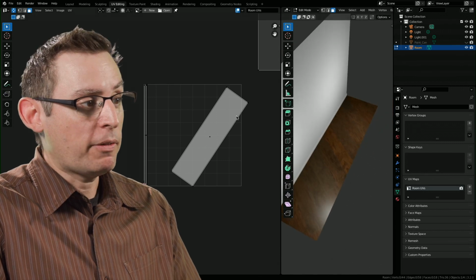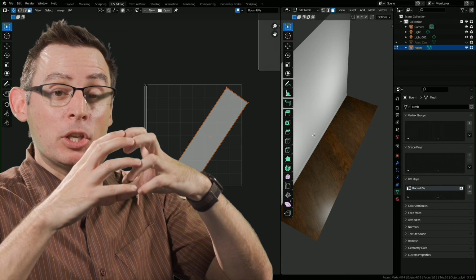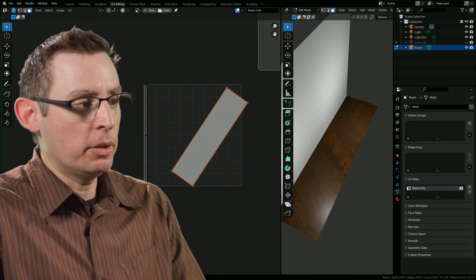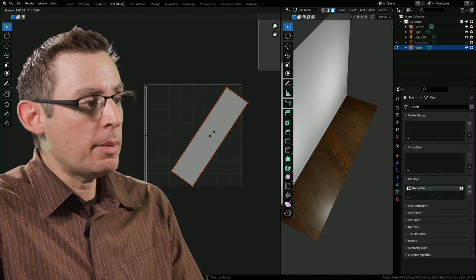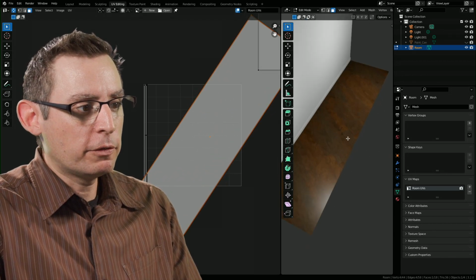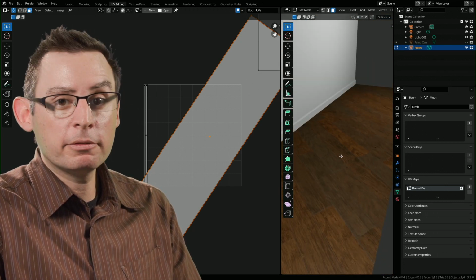Pretty cool. And if I wanted to make the floorboard smaller, I scale the UV larger. It's the opposite. So I'm scaling the model, scaling UV, same keyboard shortcut. See how I make the UV bigger? The floorboards, the individual planks, get smaller inside the scene itself, which is pretty cool.